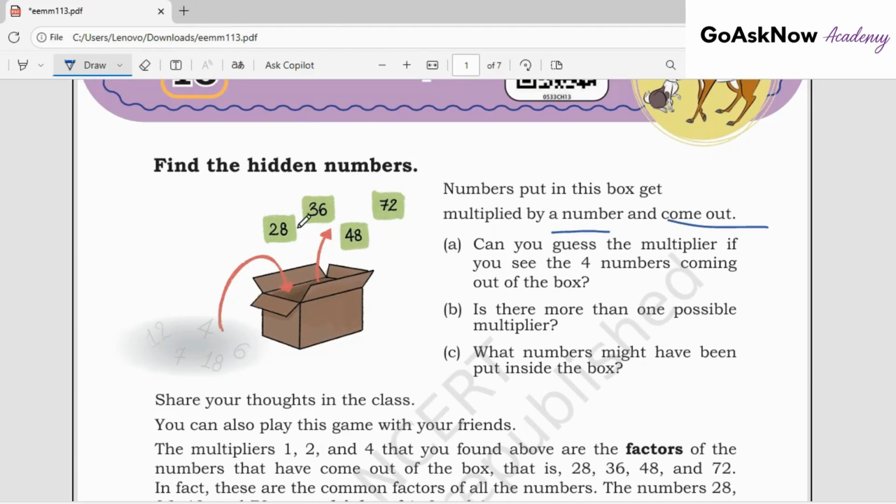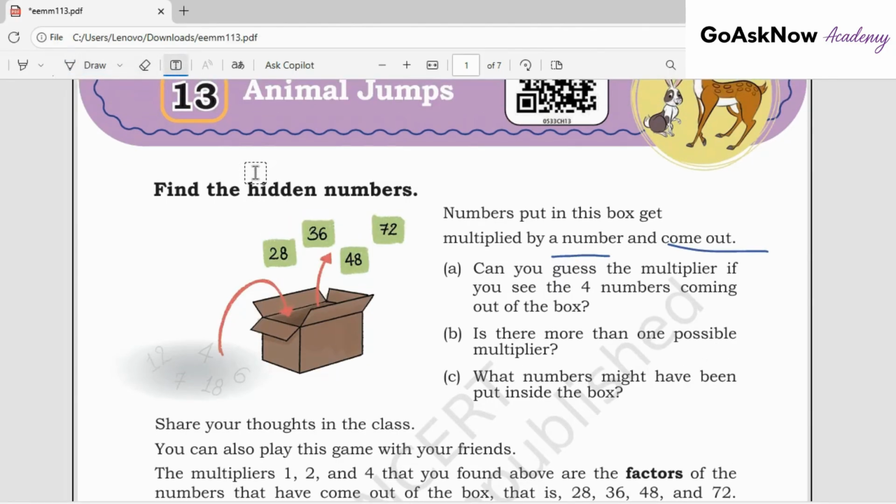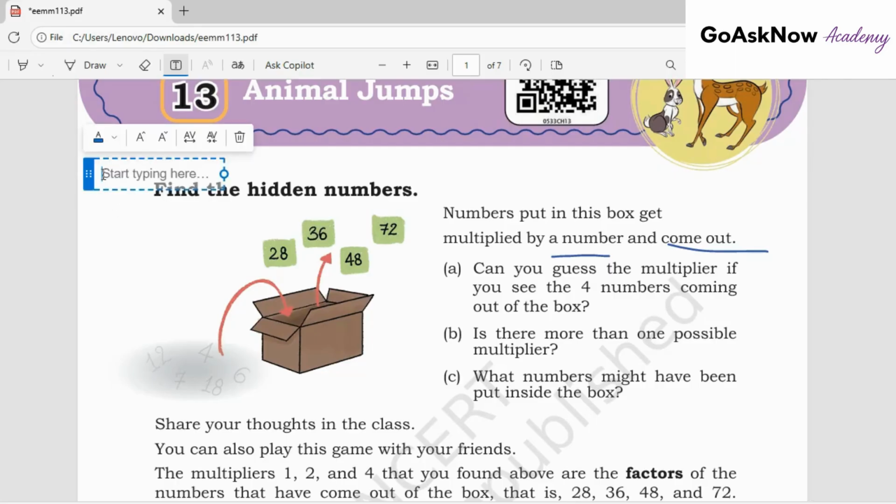Here, out of the box, there are the numbers 28, 36, 48, 72. Let us calculate what numbers went in and what the multiplier is that produced these numbers. First, we are finding the HCF, which is the highest common factor. Here, first, the factors of